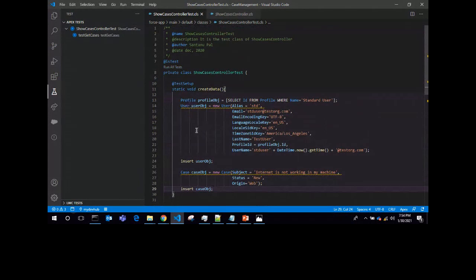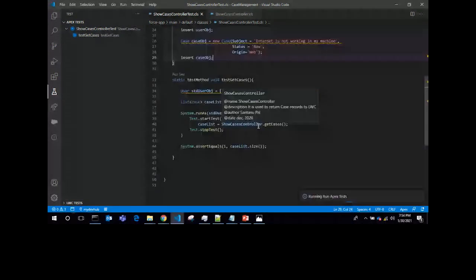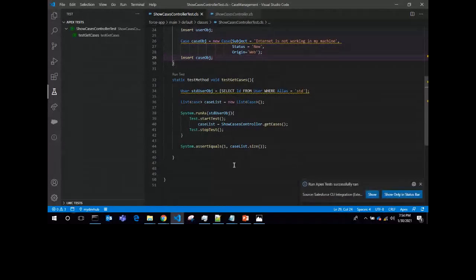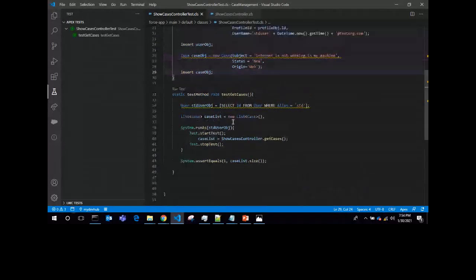Now I click on that. It's running. Okay, the Apex test has run successfully. Now, how to see the code coverage? I just need to open this class, ShowCasesController.